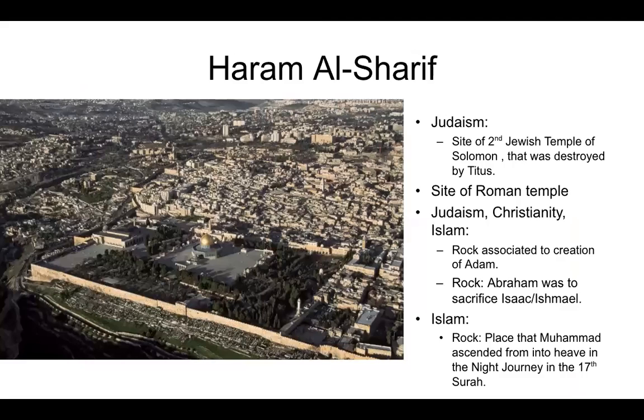It is an important site for almost all of those monotheistic religions that come from Abraham. So to Judaism, it was the site of the second Jewish temple, the one that Titus destroyed, when we saw in the Arch of Titus, right? So this was the place of the Jewish temple. It was also the site of a Roman temple because, of course, when Titus was there and he conquered, they transformed it and put